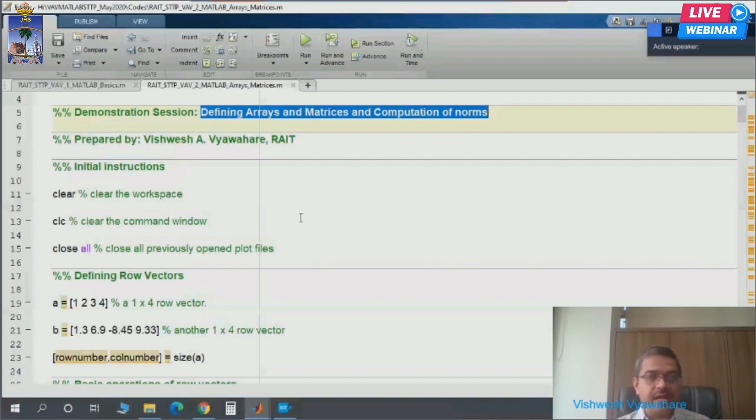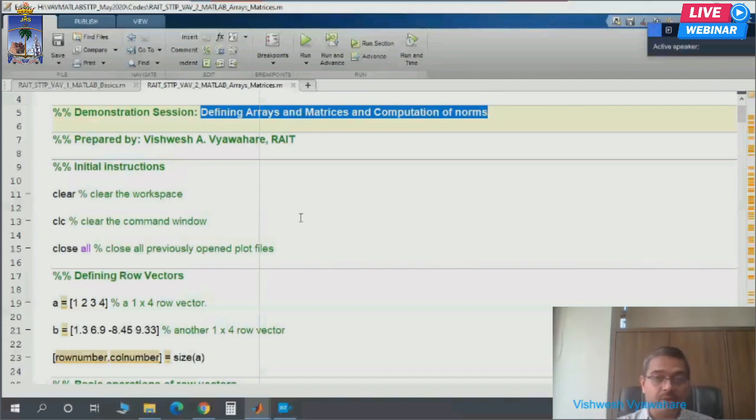Now we are going to see how to handle these arrays and matrices and the computations based on them: finding the inverse, the determinant, the pseudo inverse, different types of decompositions like QR and SVD, and the eigenvalues and singular values of a matrix.